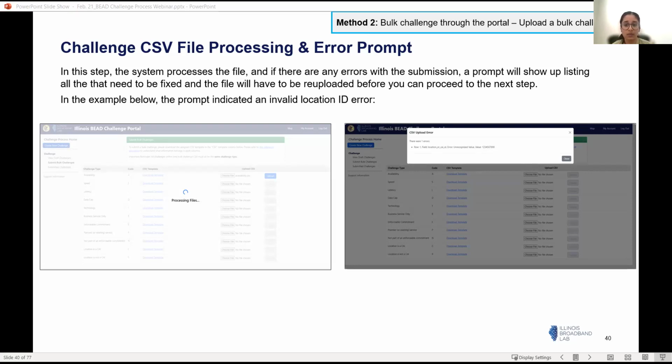It gives you a sense of which row has the error and what column specifically, and what needs to be changed, so it's pretty easy to understand before it moves on to the next step. This might be an iterative process at times, where you might have to rectify some errors on the CSV before it's successfully uploaded without any error. And that is when you'd move on to the next step.